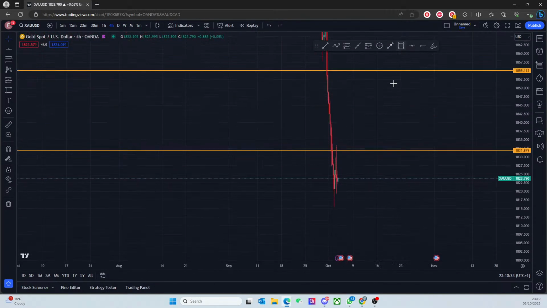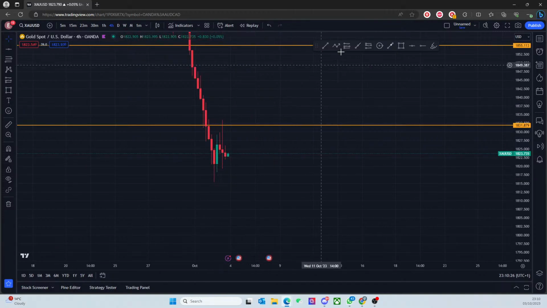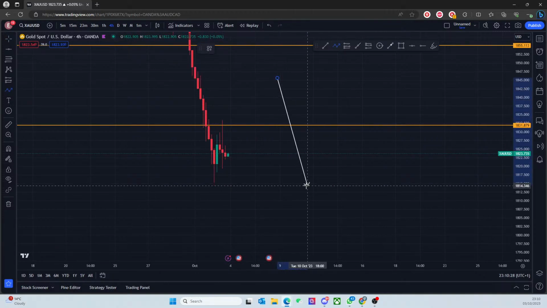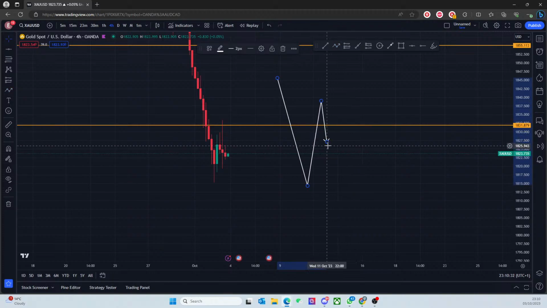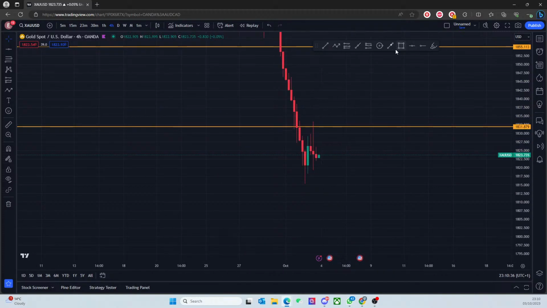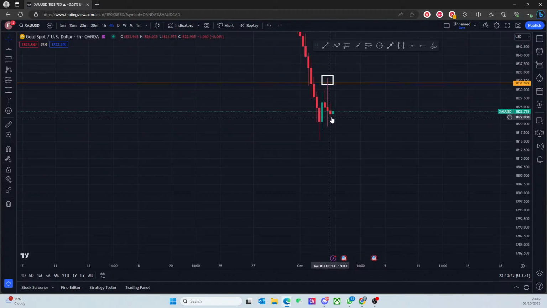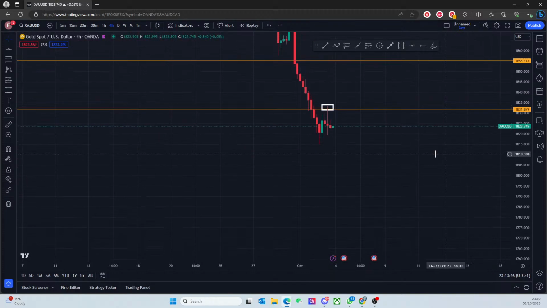The floor with the 4 hour, we're ranging, right? It looks like we've come down first, done this, gone up. Now you're coming down, right? So that's what's happening. This is still bearish structure, right? You also grab some liquidity towards around these sorts of areas. You broke a lot of these 4 hour highs. So if price just starts driving down, I wouldn't be surprised, right? I literally would not be surprised.